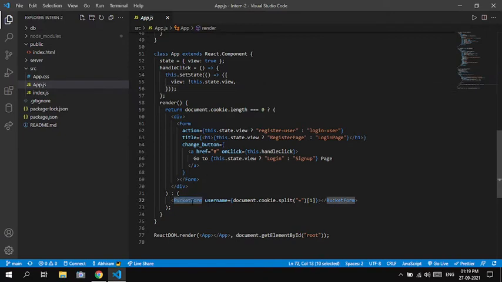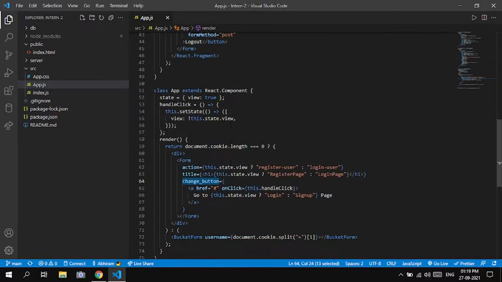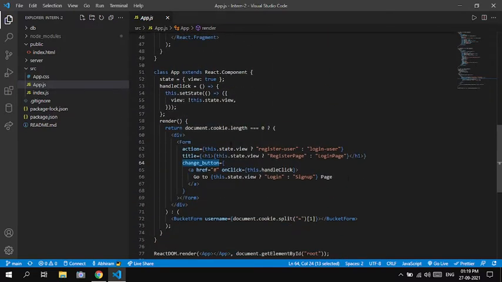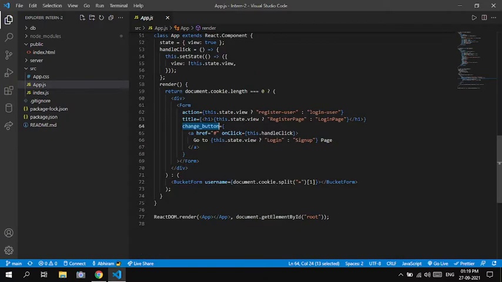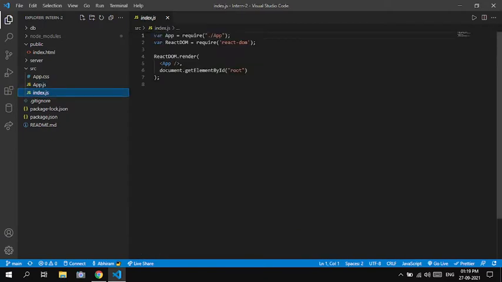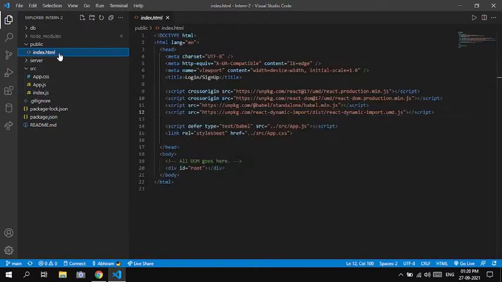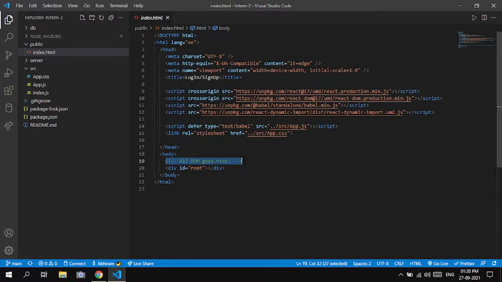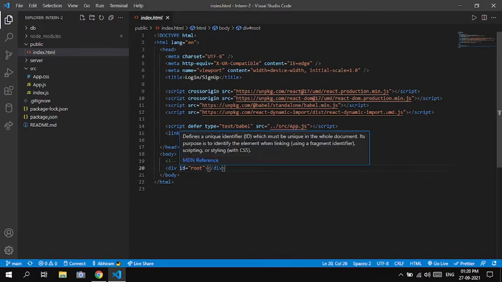So here the bucket form will have a prop username and the form will have a prop action title, and there is a change button prop also, so that we can toggle the login and sign up form. Coming to index.js, this renders the app component to the root element by id that is present in index.html. So all the DOM elements will be going here in the div with the id root.